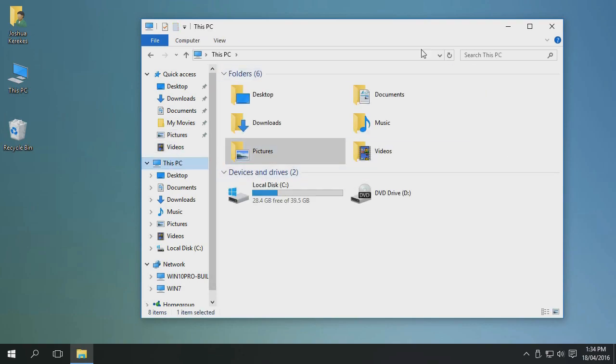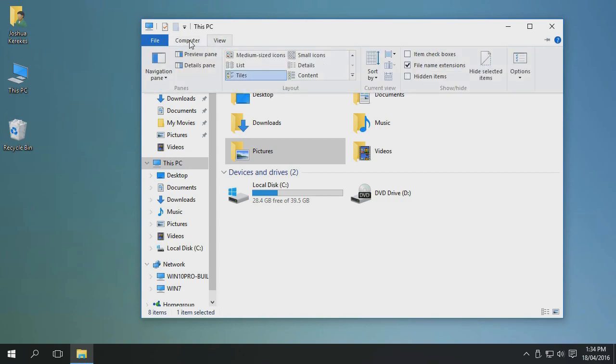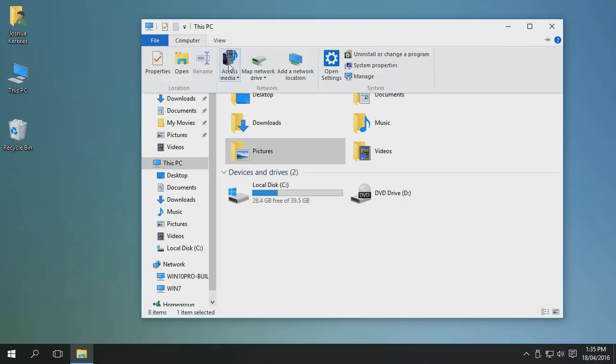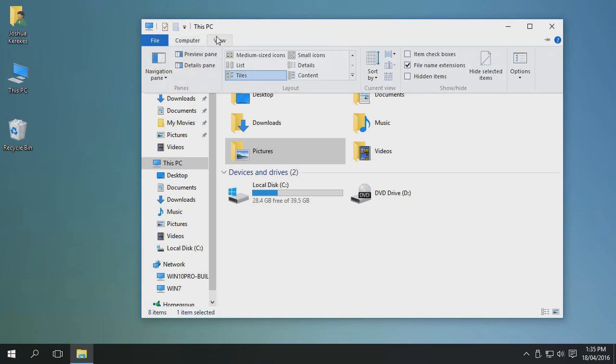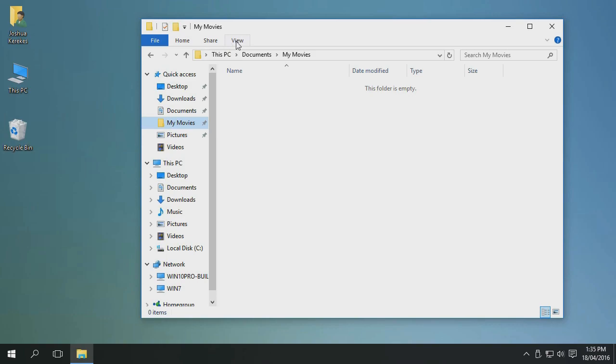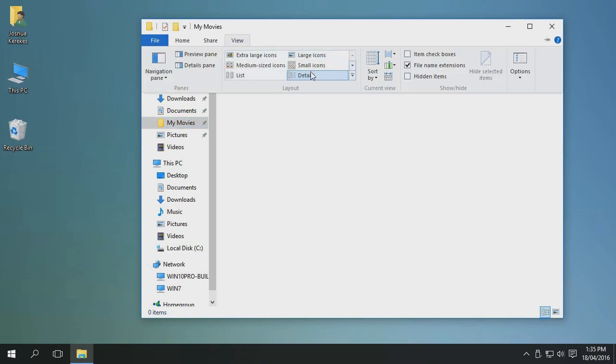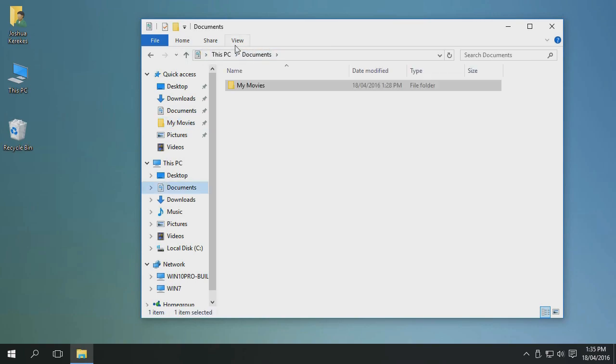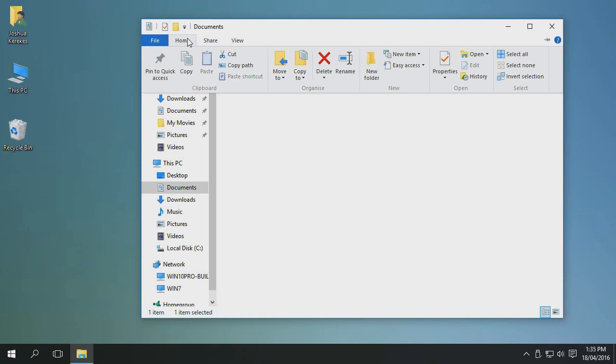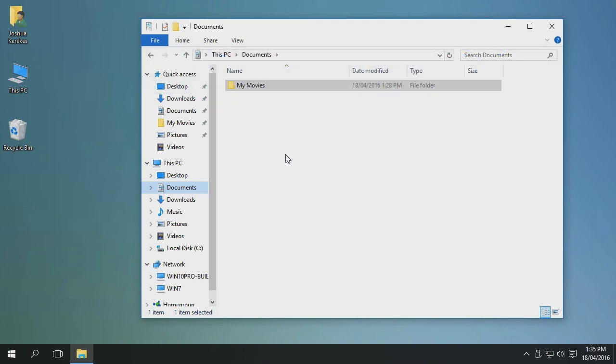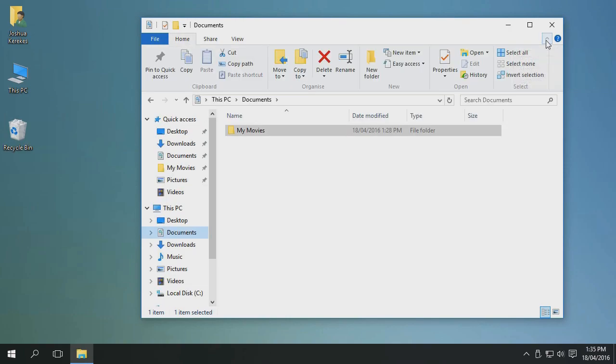So in Windows 10, up here you've got Computer and View. When you click on Computer, you've got bigger icons to work with, like View, for example. Say I'm in the Movies directory and I want to go to View. I can change the layout. I can hide and show the preview pane. And I can do simple things like copying and pasting using these bigger icons. So by default, when you click on these, they come up temporarily, and then when you do something else, say you're in this area, they hide away. If I wanted to keep them there, if I was using the tablet, I click on this little drop-down arrow, and now it's there